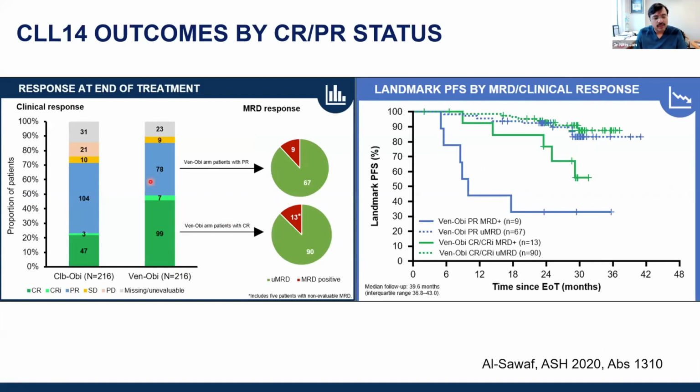And the one other important point I would say is that, when you look at the clinical trial data, there is all this discussion of CR versus PR, but one of the most important factors is really the MRD. This is data from ASH in a poster session. If you're MRD negative, whether you're a CR or a PR after getting ven obinutuzumab, your outcomes are equally good. So it really doesn't matter if you have a small lymph node left, which may be called a PR from a clinical trial standpoint. If you're MRD negative in the blood, you're going to do well.